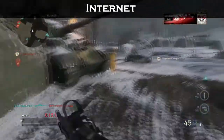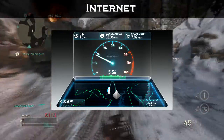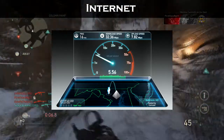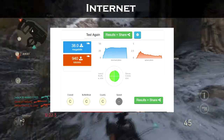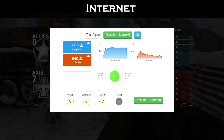The next thing you're going to want to do is actually test your connection. So there's a couple different ways to do that. There's a speed test that most people have done or seen or are familiar with because it's the number one way to test. And then the other one is to actually check your buffer bloat and see what kind of grade you get. Based off that information, you know what kind of internet you're having and then what adjustments you can make